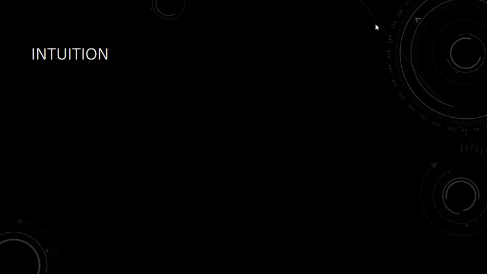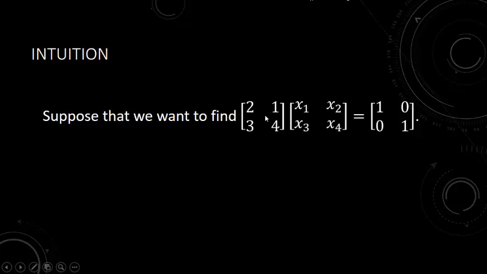So to set up, what we want to do right now is for some 2x2 matrix, I want to find another 2x2 matrix such that when you multiply that pair, the product gives us the identity. Now this matrix, where I have 1 in the main diagonal, is called the identity matrix for a 2x2 square matrix. And it's called the identity because when you take it times any other matrix, you get the original matrix